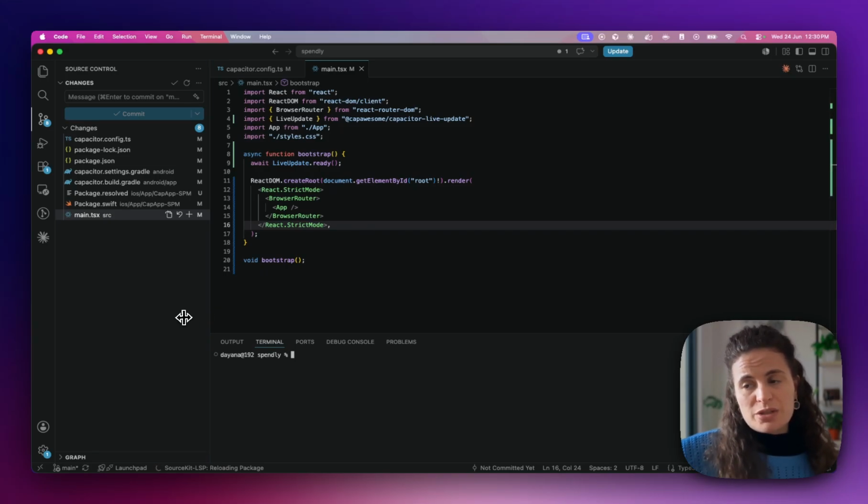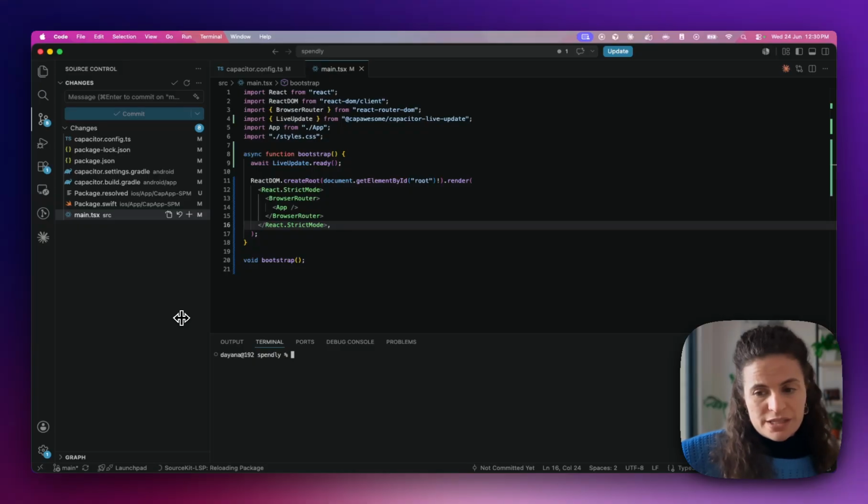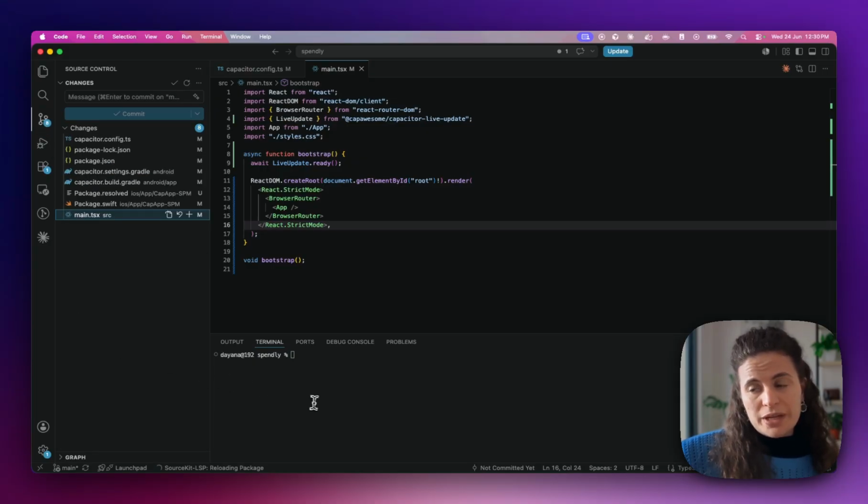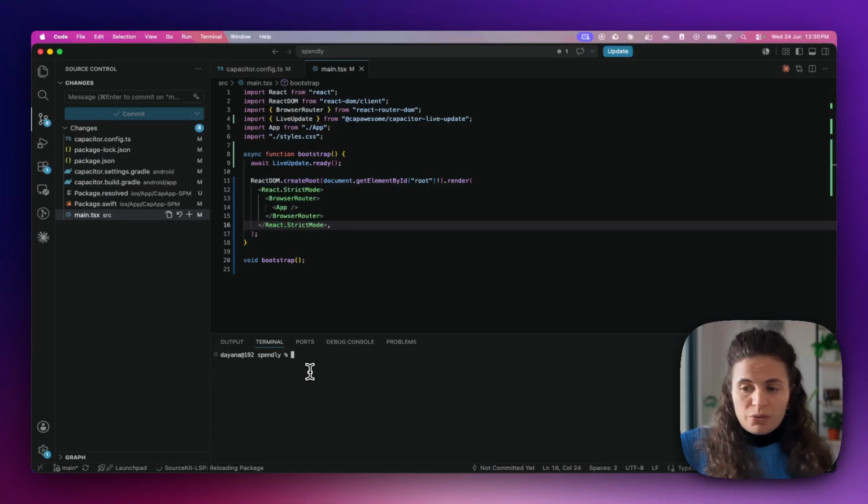Okay, because the difference between live updates and native updates is that every time you add a new plugin or you touch anything that is outside of your source folder, you need to submit a new native build. Because we added a plugin, live updates are not enough. Okay, so we will run npm run build